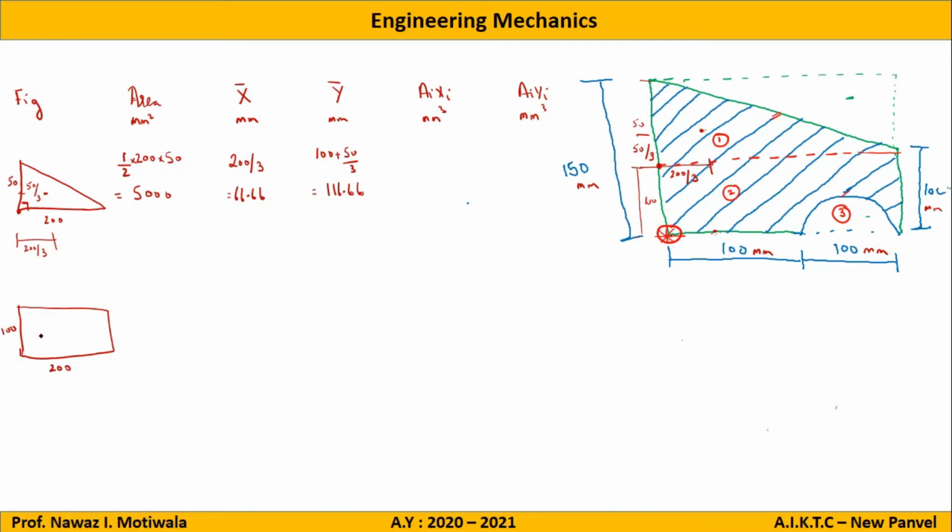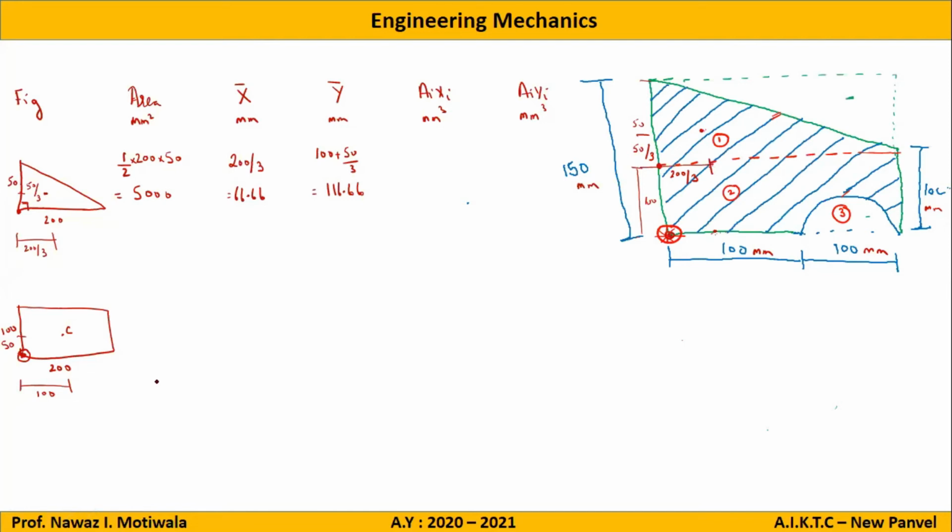Okay. Yes, sir. Now, by geometry, we know that, or by default, we know that the centroid lies exactly here at a distance of how much? 100. That is 200 by 2, half of the distance. And in height, it will be at a distance of 50. But from which point? From this particular point. Now locate this point in our main diagram, which is this one. Correct?